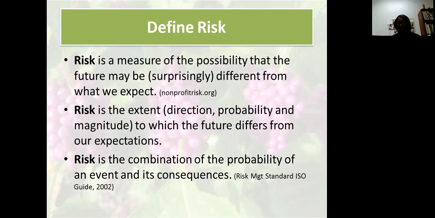So you may have things planned out, but something surprising may happen that you didn't plan for. Risk has an extent, which is the direction. Direction can be positive and negative, so risk isn't all bad all the time. It can be positive or negative. There's the probability, which is the likelihood of it occurring, and the magnitude, the severity to which the future differs from our expectations. And then the last definition is that risk is a combination of the probability of an event and its